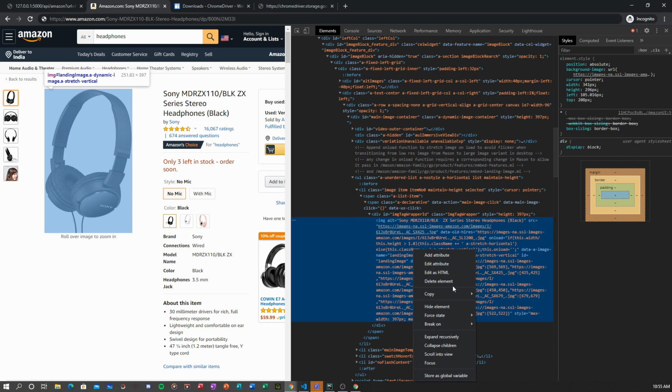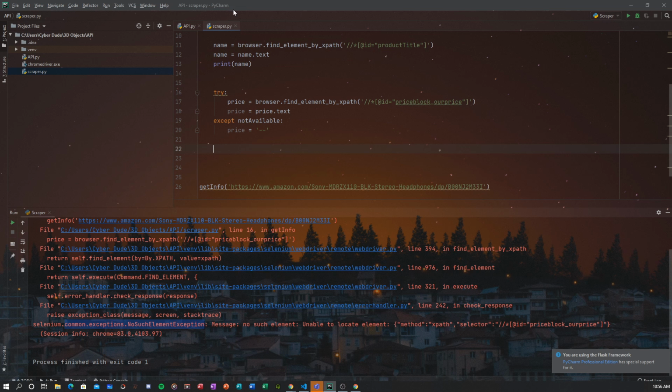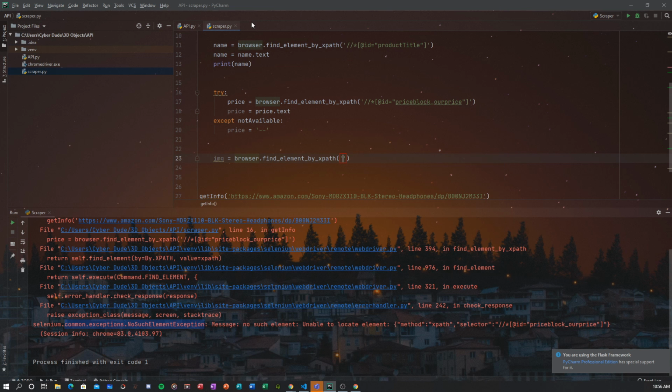So what we're going to do is select this element as XPath, and then go back to PyCharm, and because the image is always available, we don't need to use a try statement. So we're going to say img is equal to, using the same browser find element by XPath to find it again, but this time to get the link to the image.